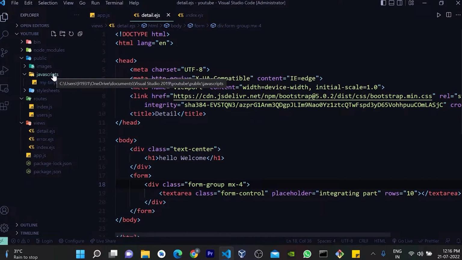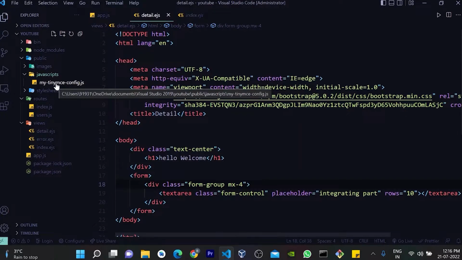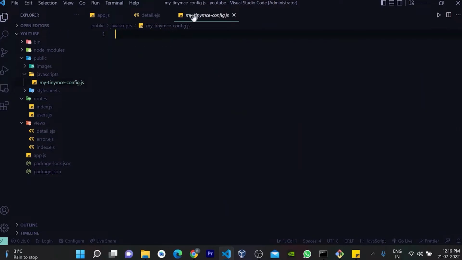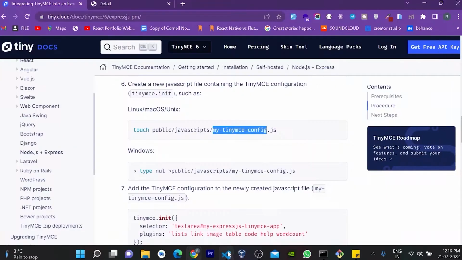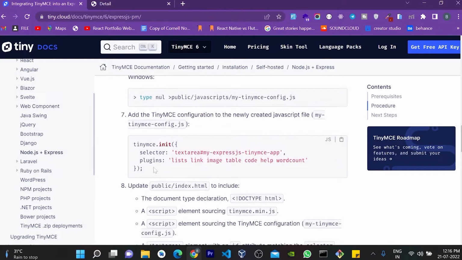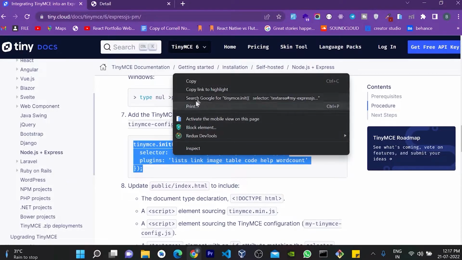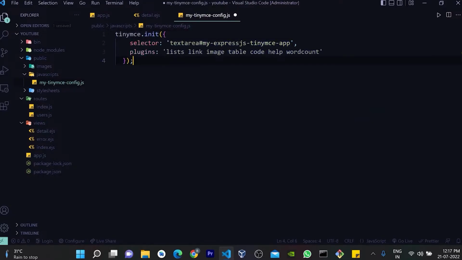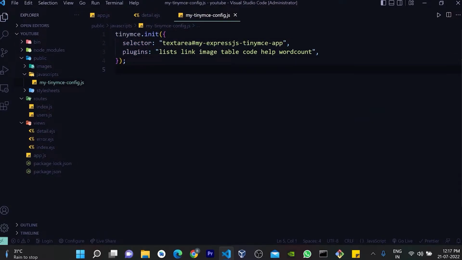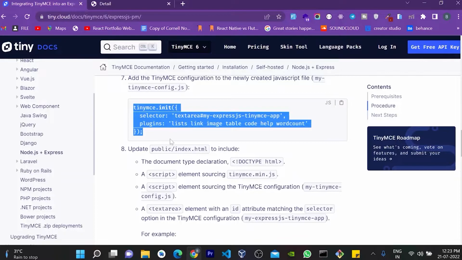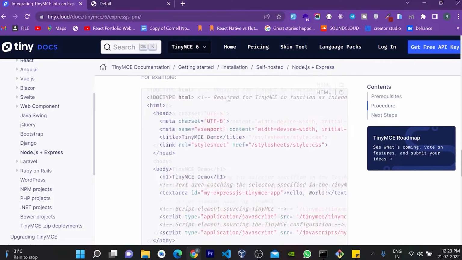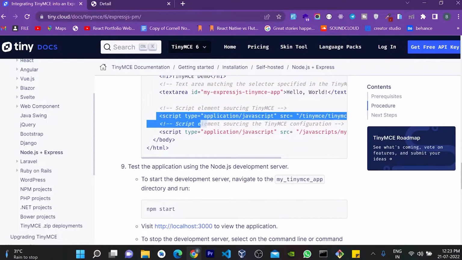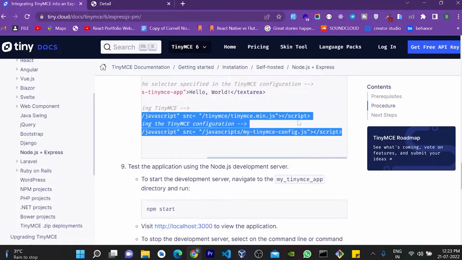You can name this file anything. Inside my tinymce-config.js we have to include some code so that TinyMCE will initiate, and just include it. And after initialization of TinyMCE, the next part is we have to include this script tag inside our EJS file. Okay,